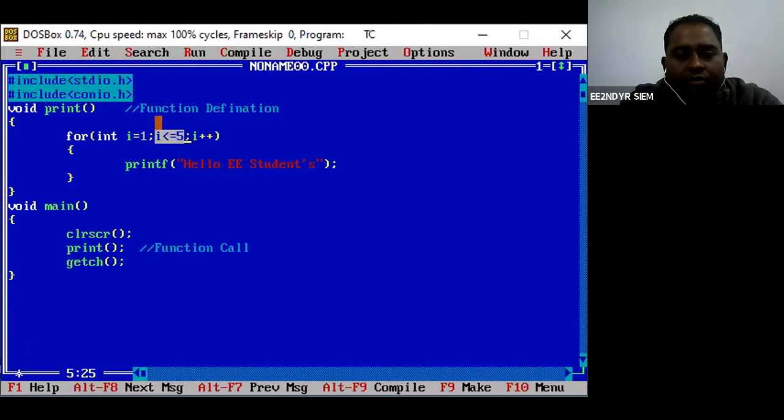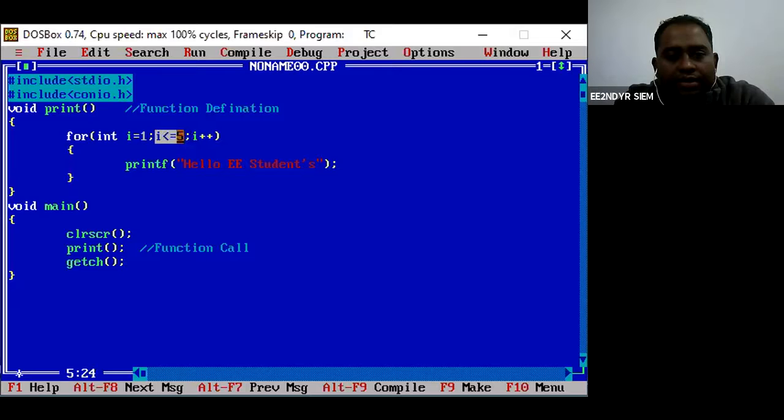So the initial value of i is 1. The condition is satisfied, that is 1 is less than 5. Now it will increment. After printing this, it will just increment the value of i. So next time the value of i will become 2.